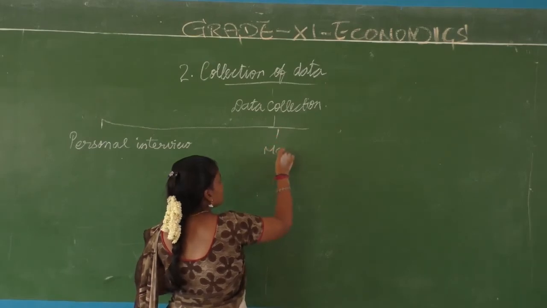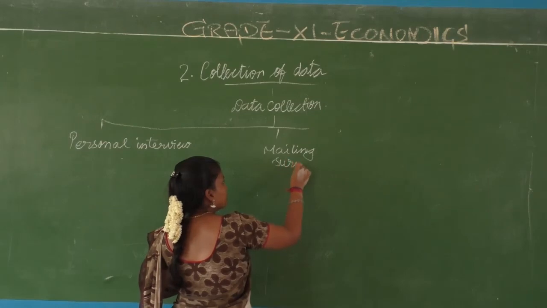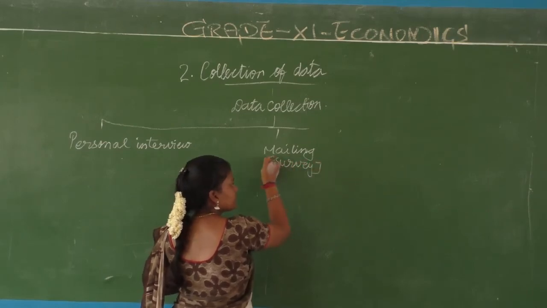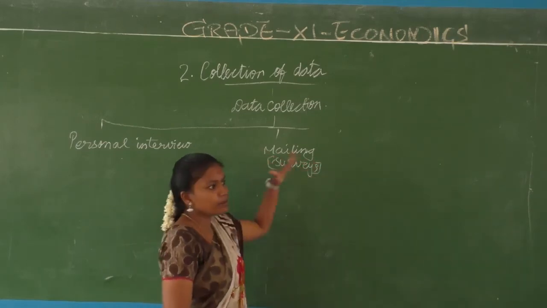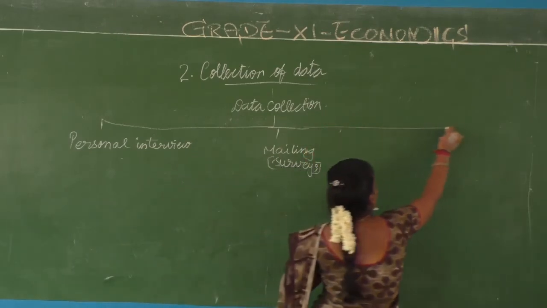Second one is mailing questionnaires, that is surveys. Questionnaires, we saw how they are prepared, that will be mailed. Nowadays, in email they are sending surveys, so like that. Then finally,